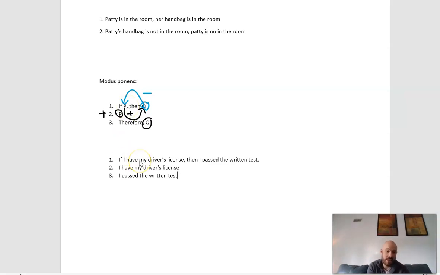Just like in this case here, look, driver's license. Having a driver's license, one of the requirements for that is that you pass the written test. So if I tell you I got my driver's license, you know, oh, I guess he passed his written test. Good for him. What this is saying again is that having